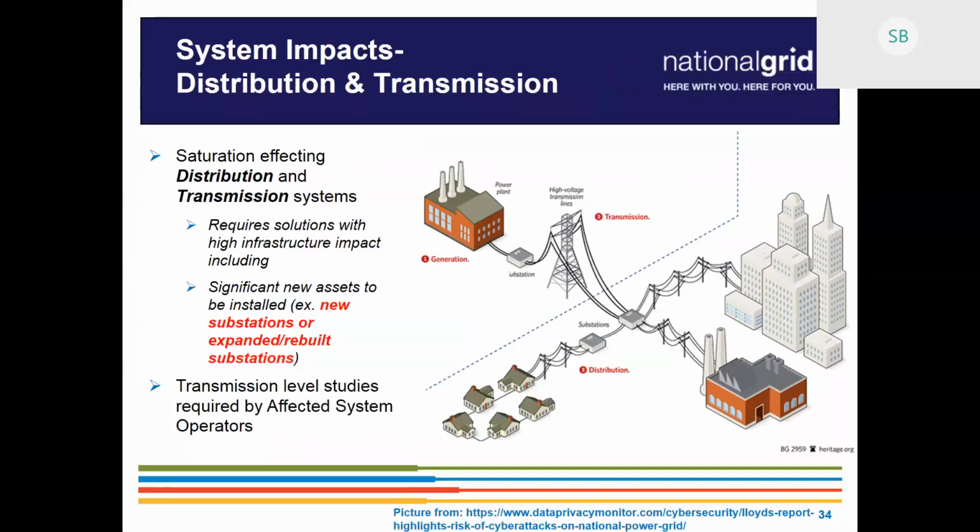So this here is to kind of highlight the effect that we're now seeing. We've had a lot of DG trying to come online, specifically in the West, where it is now having an effect on the transmission system. What we saw first was a high amount of DG, so we had to figure out how we accommodate